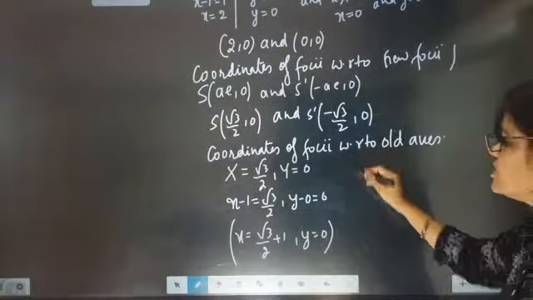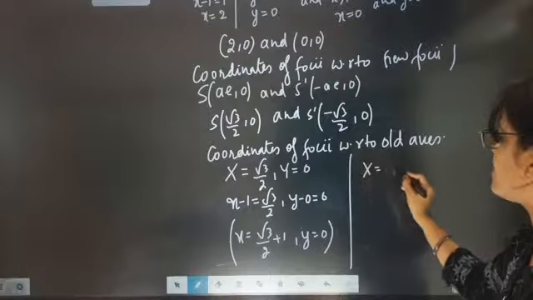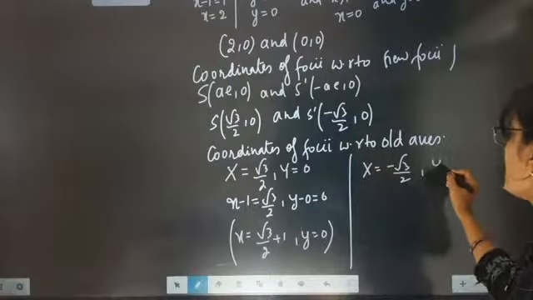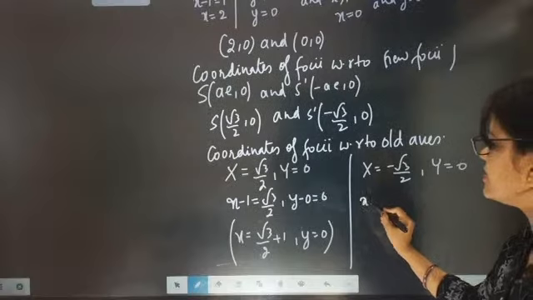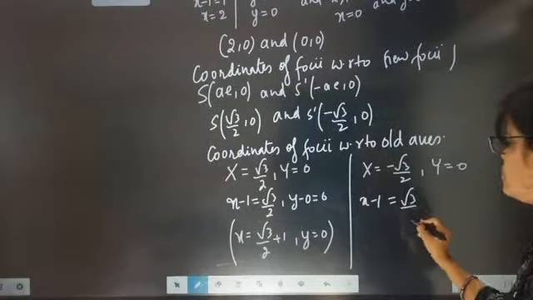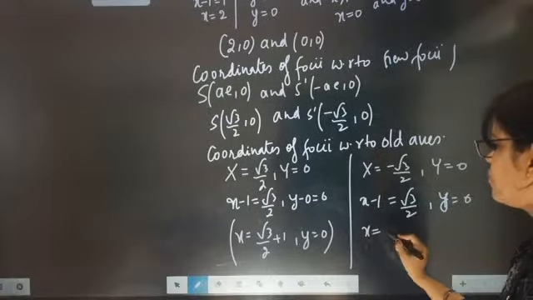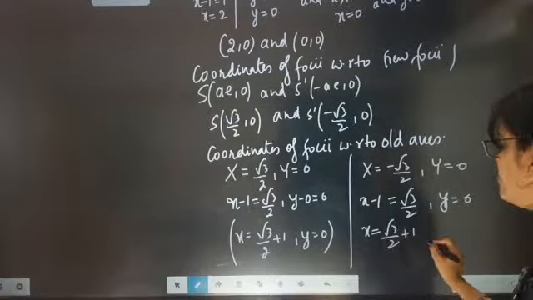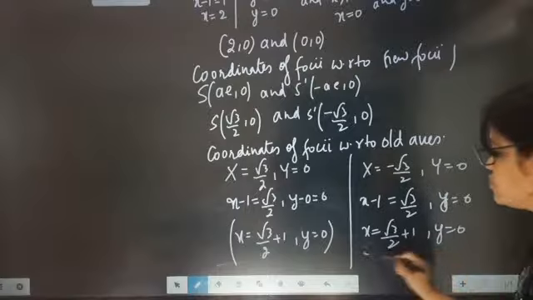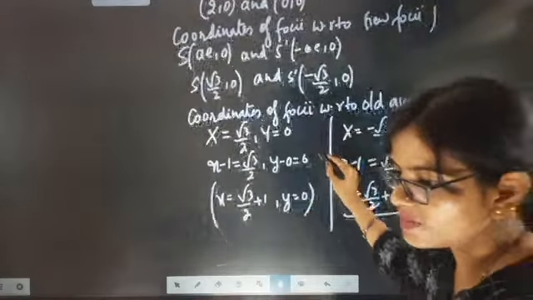And now for this part, x will be coming as minus root 3 by 2, y is coming as 0. So x is nothing but minus 1, then root 3 by 2, and small y will be coming as 0. So now the foci point will be coming as root 3 by 2 plus 1, y is 0. So your new foci will be coming as,